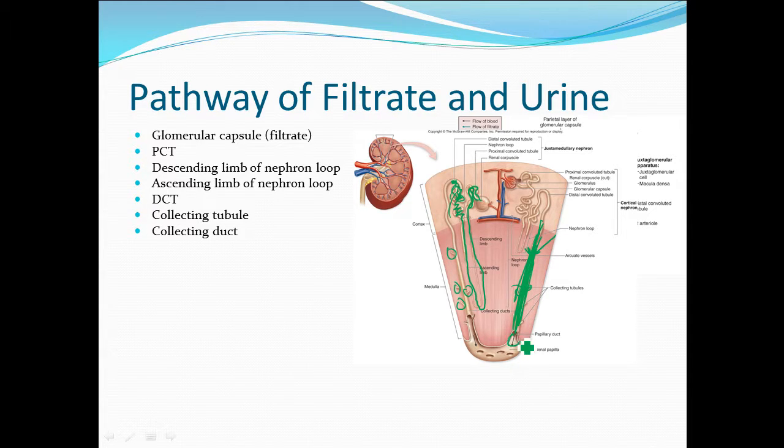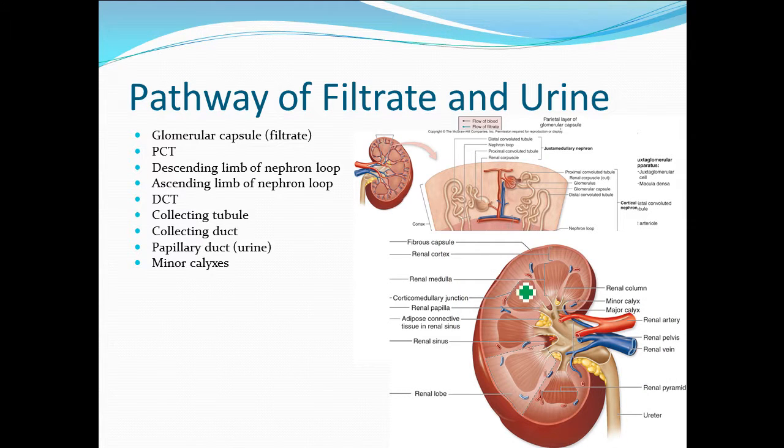And then at the very ends of here are called the papillary ducts. Okay. From the papillary ducts, now we go into the minor calyx. Very good. Minor calyxes. The minor calyxes, they will end up forming the major calyxes. And so we have the minor and then the majors, right? Majors form the renal pelvis. And then renal pelvis will go through the ureter. The ureter will go into the